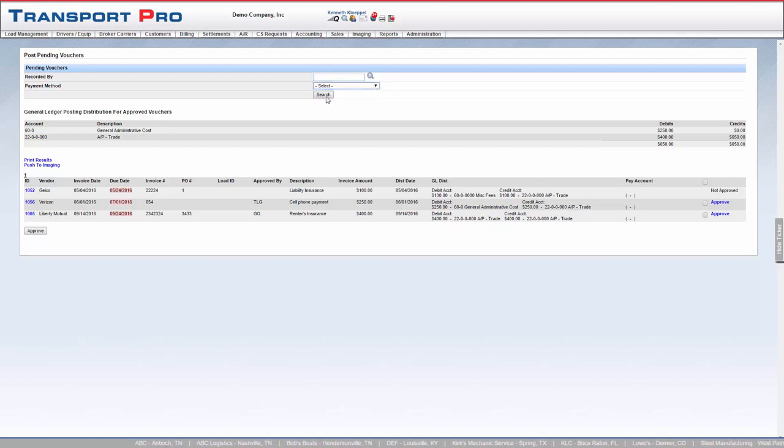If you do not type in any filters and click Search, a list of all pending vouchers will populate in the results. On this screen, you will also be able to see the GL posting distribution for approved vouchers. Approve the desired vouchers by checking the applicable boxes out to the right and then clicking the Approve button in